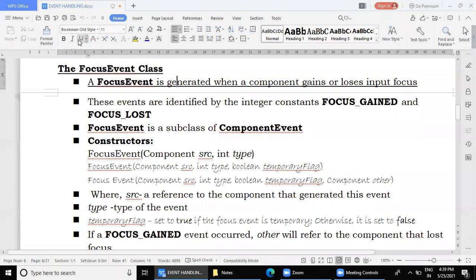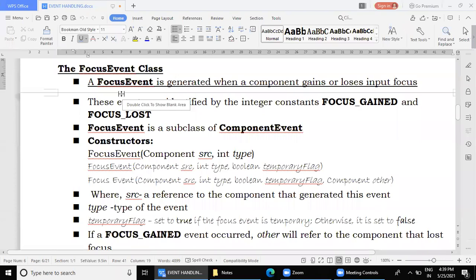So gaining focus means I take the cursor or make that particular component active. Even when there is multitasking going on, at a time only one component is made active, or the focus can be gained by only one component.